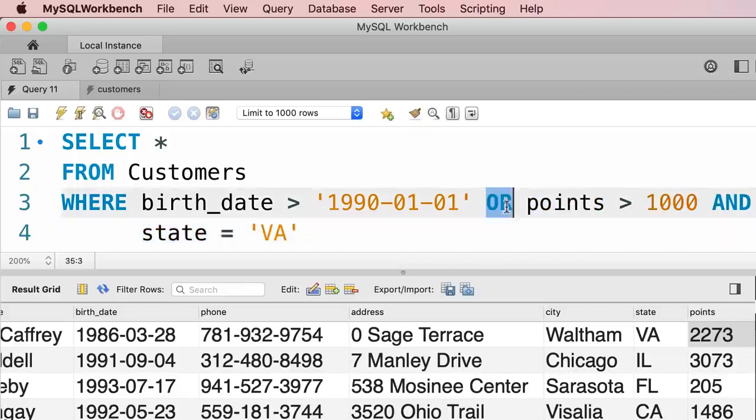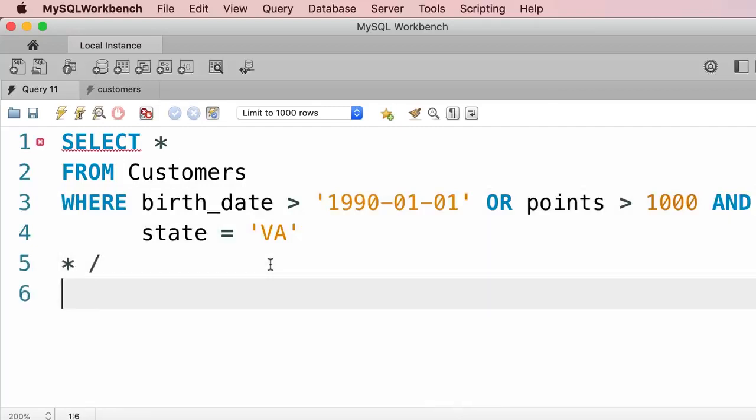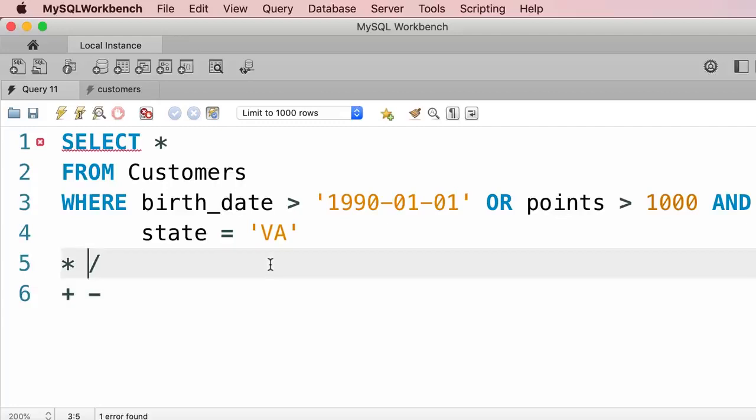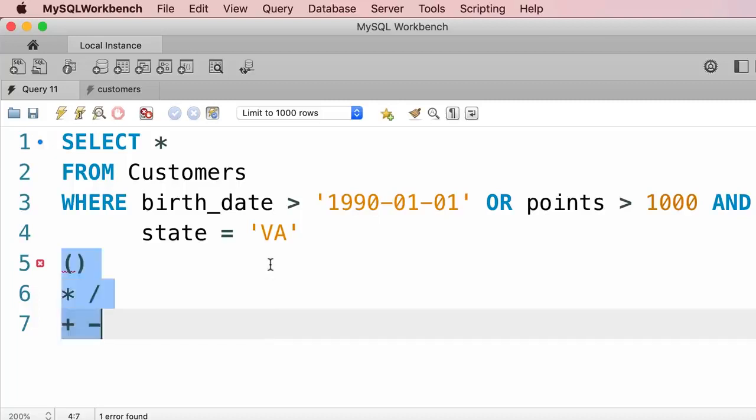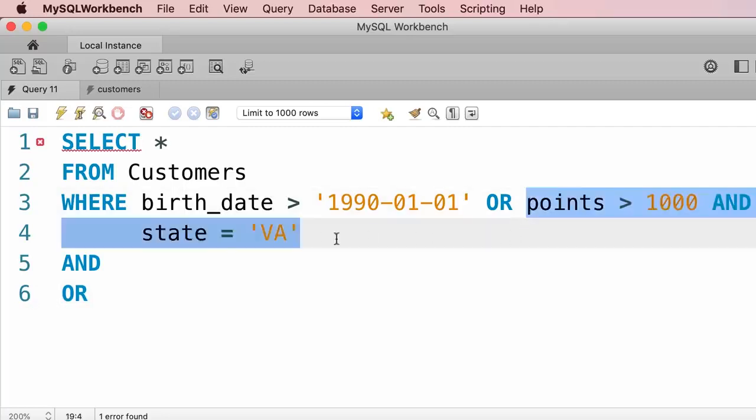Now, when combining multiple logical operators, you need to be aware of the order of these operators. So earlier I talked about the order of arithmetic operators. I told you that multiplication has a higher order than addition and subtraction, and we can use parentheses to override the default order. We have the same concept in logical operators. So the AND operator is always evaluated first. So when this query is executed, the query execution engine first evaluates this condition, because here we're using an AND. It doesn't matter that we typed out this condition after the first condition, because the AND operator has a higher